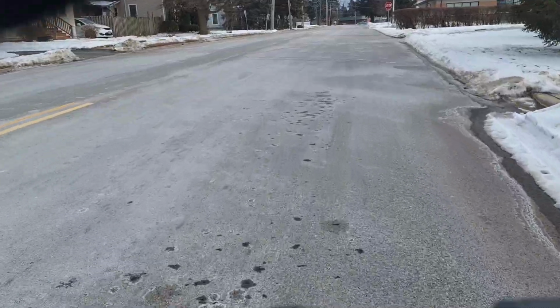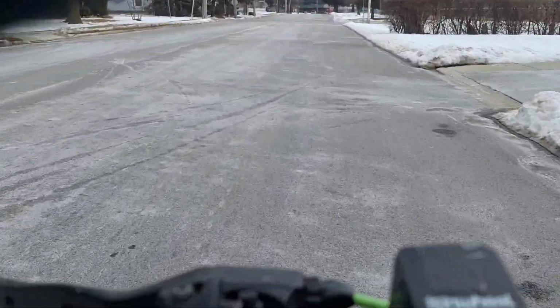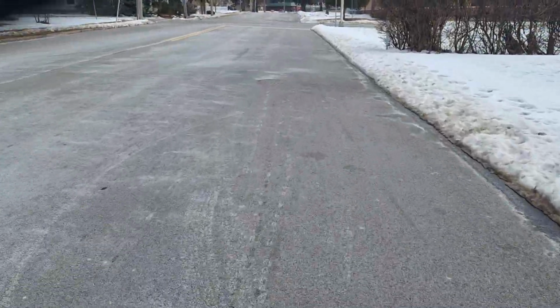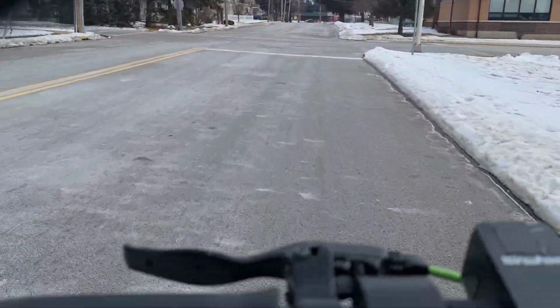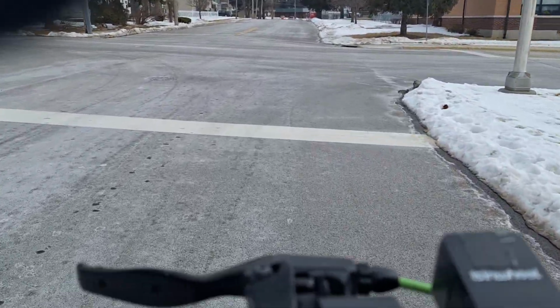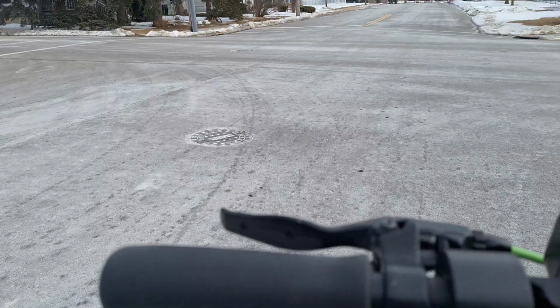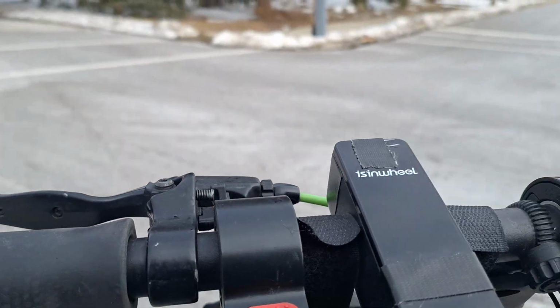Alright, guys, we're coming up towards the Transfiguration area here. You guys have seen Main Street before. Let's see here, guys, what can I show you? Let's go a little bit further up, just halfway up a little bit more than we usually do. So let me go ahead and I'll just get you guys right towards the...